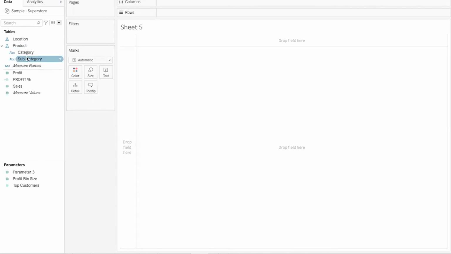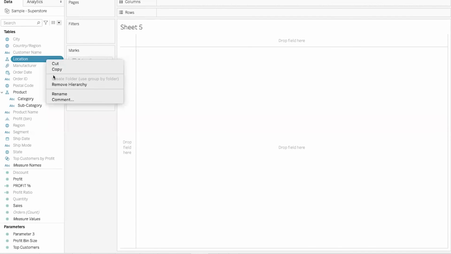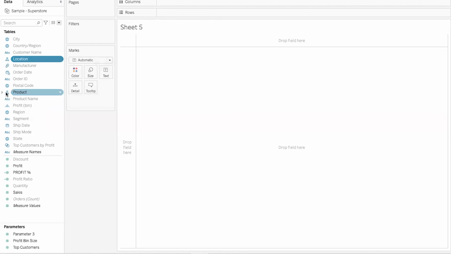So we created a hierarchy over here. Let's show hidden fields also. You are able to see this symbol, right? Product. There is a symbol called location also over here. Let's unhide it first. Okay, no problem. Product is a hierarchy which is created by category and subcategory. To make it cleaner, I combined them and created a hierarchy.